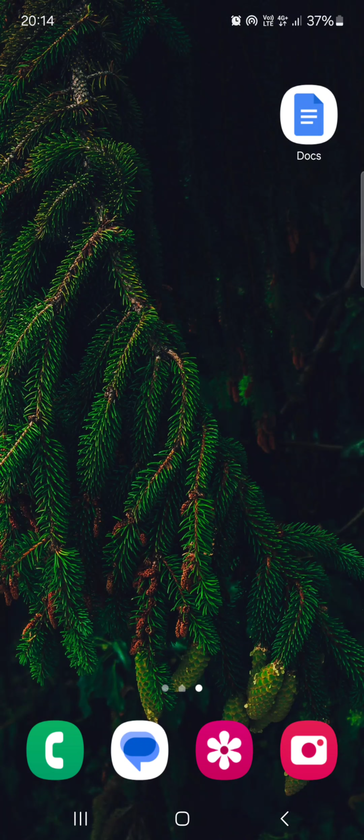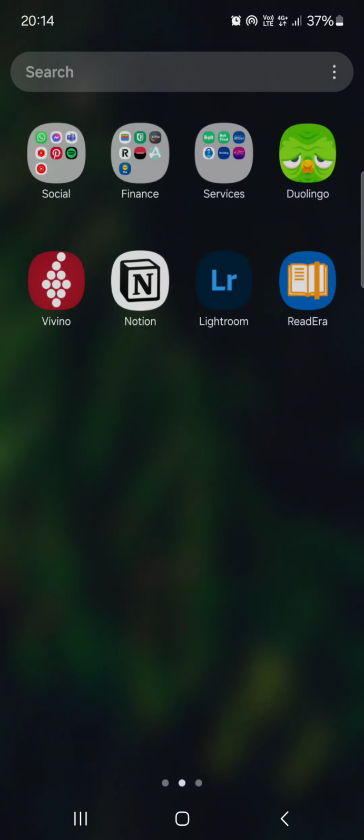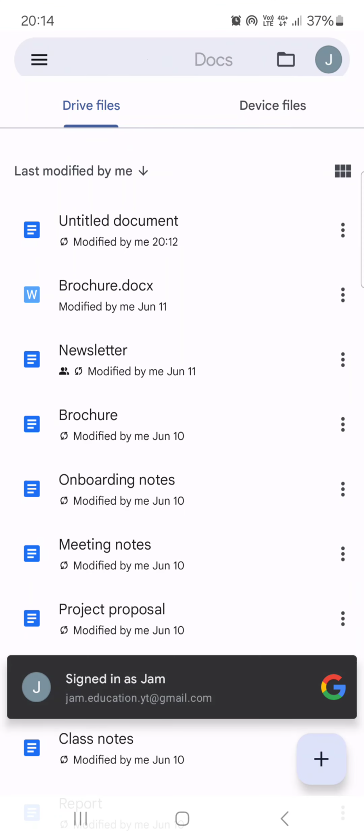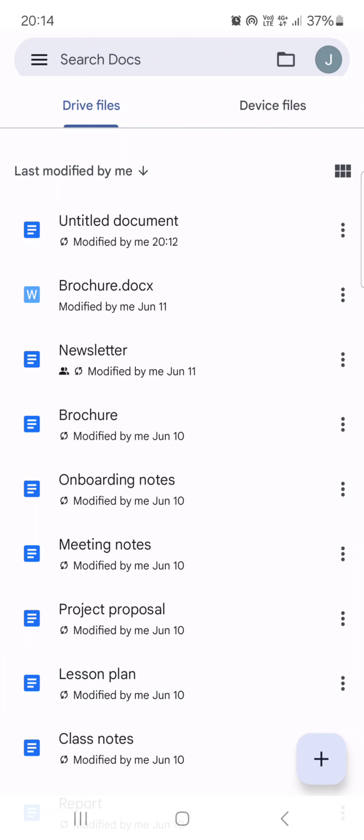So without further ado, let's just jump right into it. First we have to open up the Google Docs app. Here it opens up in Drive Files. From here we just have to go into a document that we want to edit, like this. Then tap on the pencil icon in the bottom right corner,